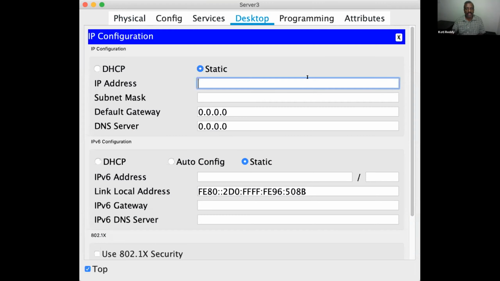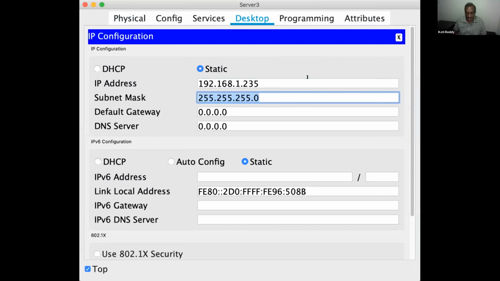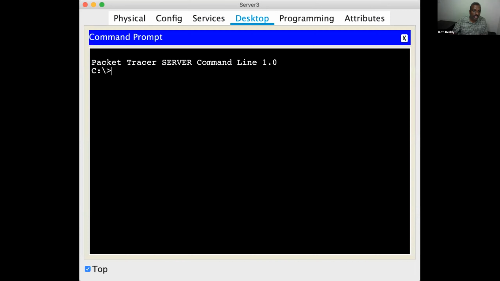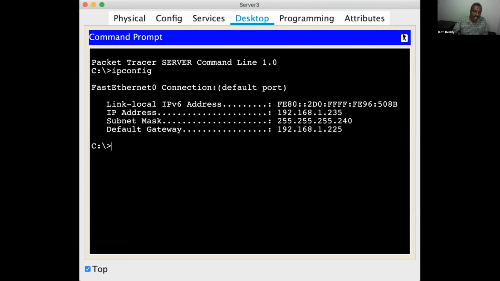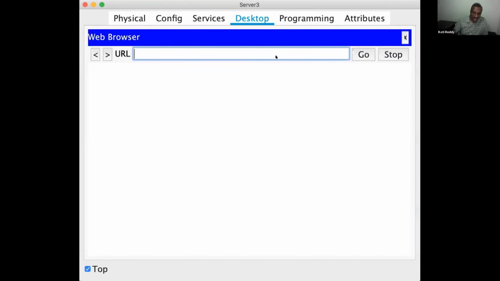So what do I do for the server now? 235. So I say 192.168.1.235 and the mask is 240, last 28 to 240 again. 192.168.1.225. So again, I go to the command prompt, I say ipconfig, IP address is like this. I go to the browser, I say